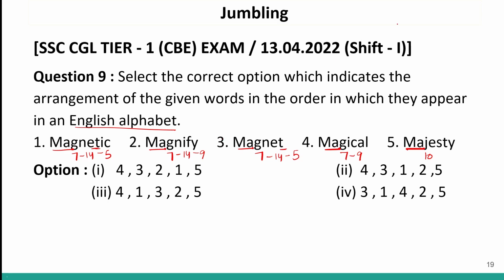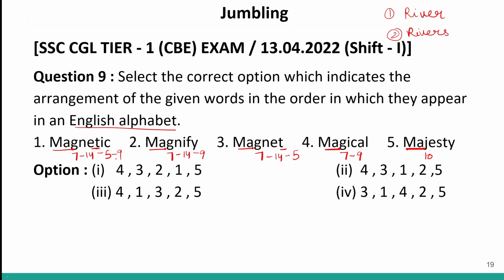And now, if you remember the concept of river and reverse, I told you that river always comes before reverse because up till here we have the same alphabets, right? And here we do not have any alphabet to compare. That means this word is complete and it will come before reverse. So using the same concept, magnet and magnetic, this word is complete at T. So this will come before magnetic. After T we have I, which is 9.